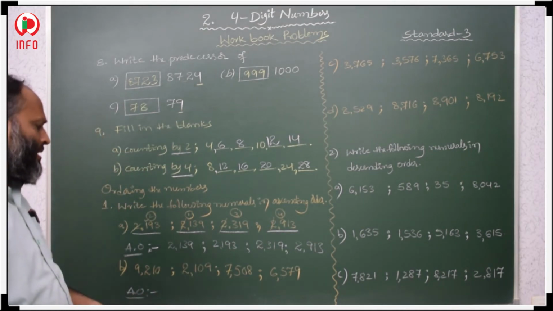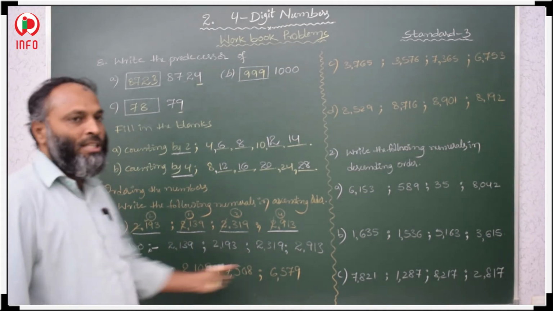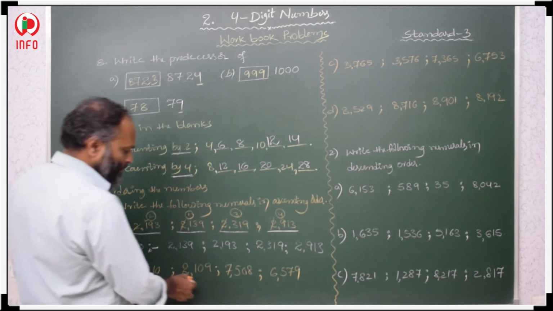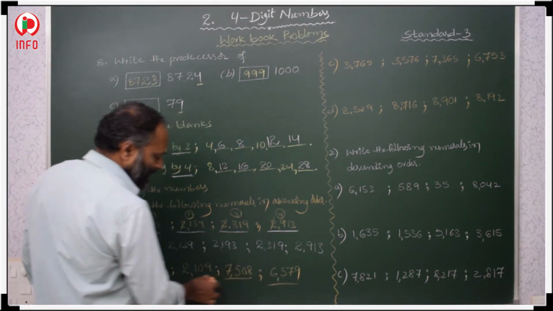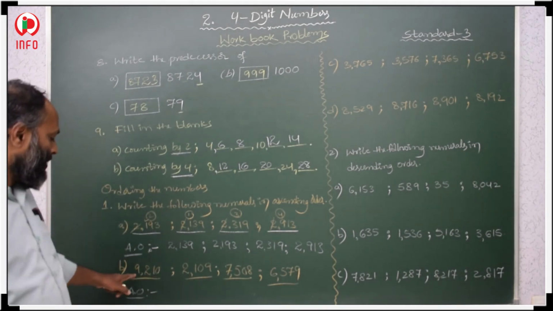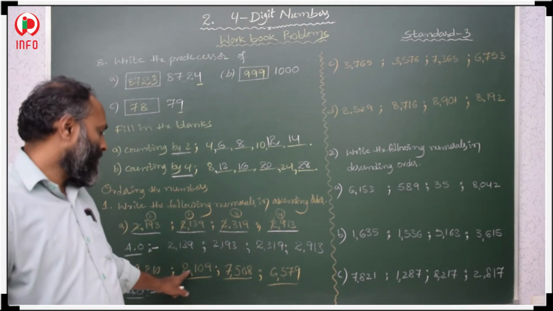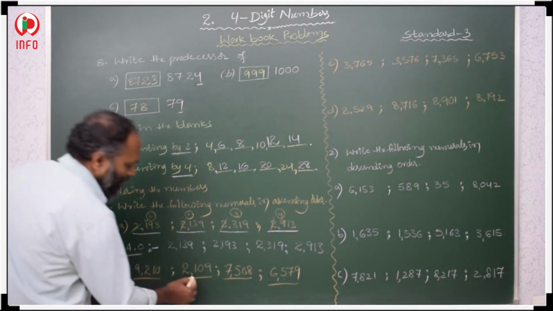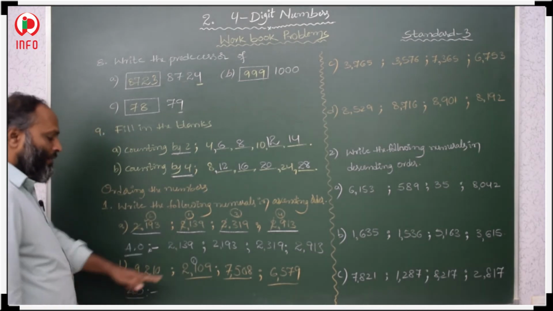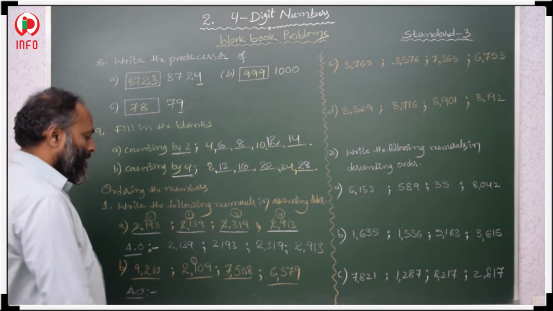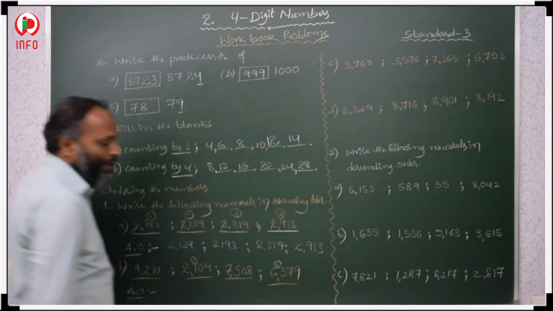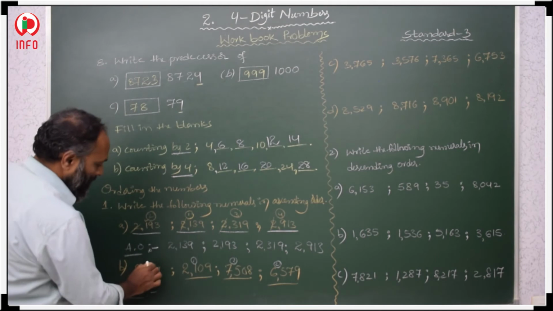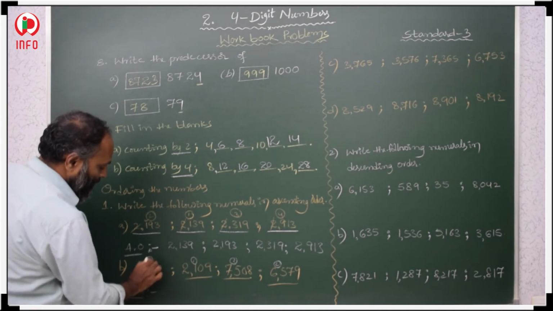Ascending order. Then first, how to compare, from thousands place to hundreds place. In thousands place 9, 2, 7. This is the first number, this is second, this is third, and this is fourth. In the first numeral 9 is there, and second 2 is there, 7 is there, and 6 is there. In this, 2 is the smaller one. This we have to write first. After 2, which one is smaller among these? 6 is smaller. We have to take this one second. And third, 7 is the third, and 9 is bigger than all. This is in fourth place.